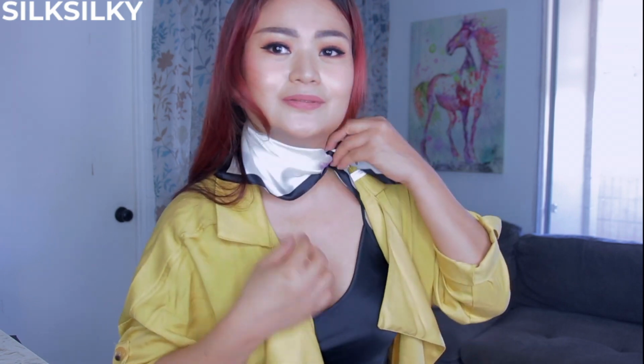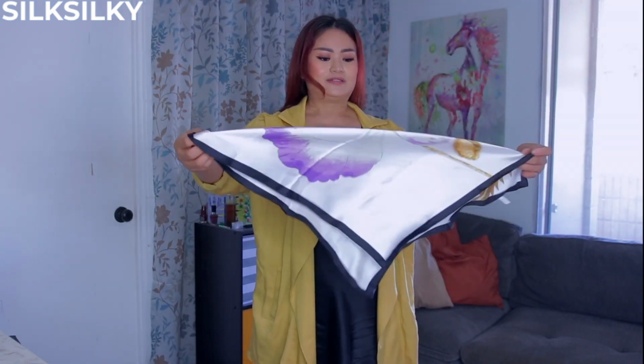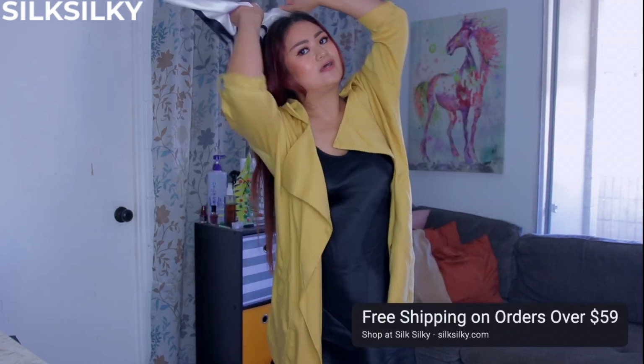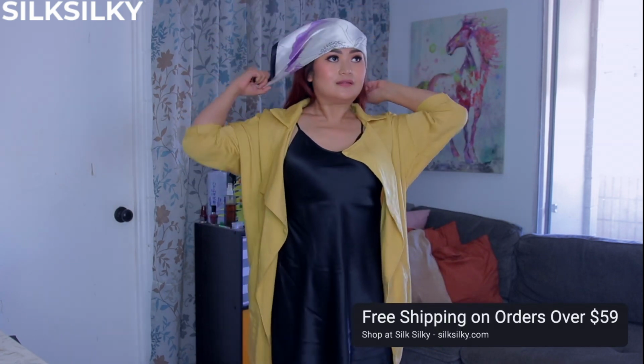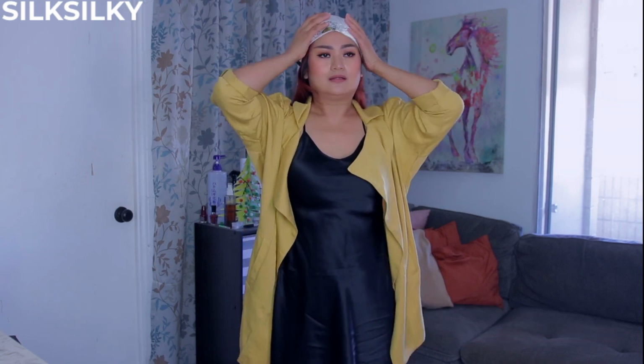This is nice. I know it kind of looks funny, I guess, but this is what it looks like with the scarf. You can also use this scarf as a bandana. That is quite interesting too, because there are tons of ways to use this scarf. So you can actually put it on as a bandana. Let me go ahead and try it on. And this is cool if you are probably going to the beach. Let me go ahead and secure it. So this is the scarf. You can use it as a bandana. It's very nice and